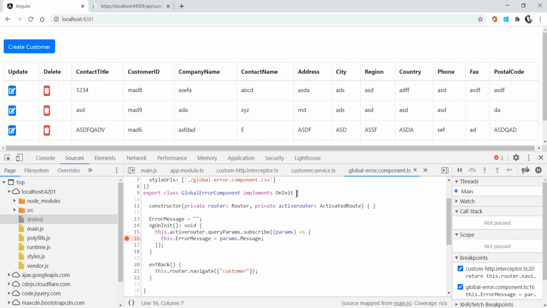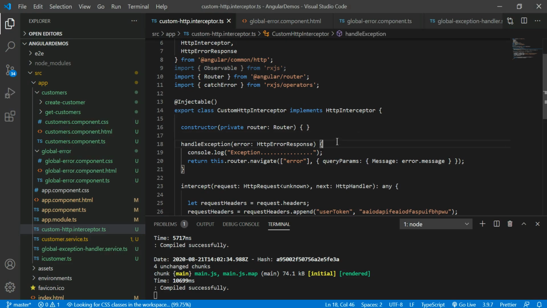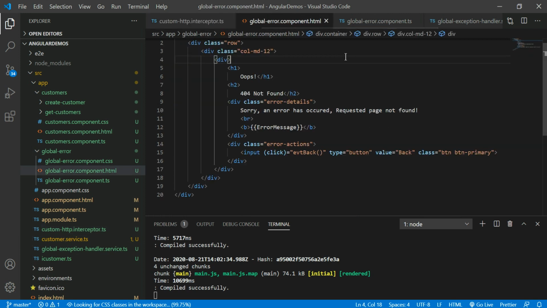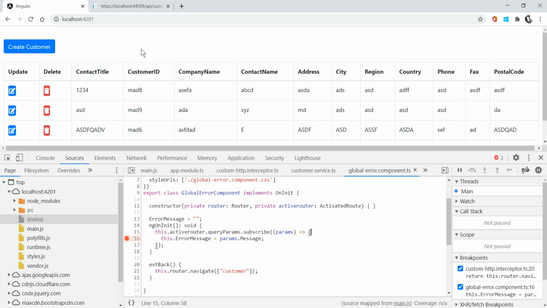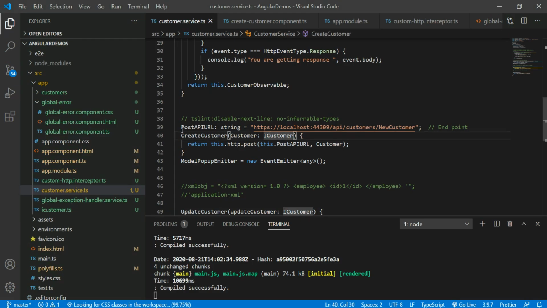Not only that, if you want to give the same exception, if you want to apply this exception to the delete operation and update operation, it will work. So please try that. In this way we have to handle the exception. In this web application I am doing exception handling in two ways: one is the exception handler service, and the other is by using the interceptor. Based on the requirement, you can choose any kind of process.